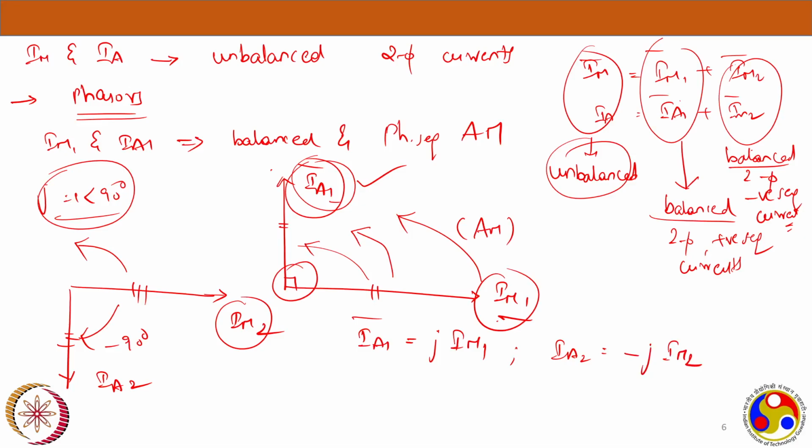So IM1 and IM2, we are writing those two in terms of IA1 and IA2. Now IA1 and IA2 are individually balanced, positive sequence and negative sequence. IA1 and IM1 represents the